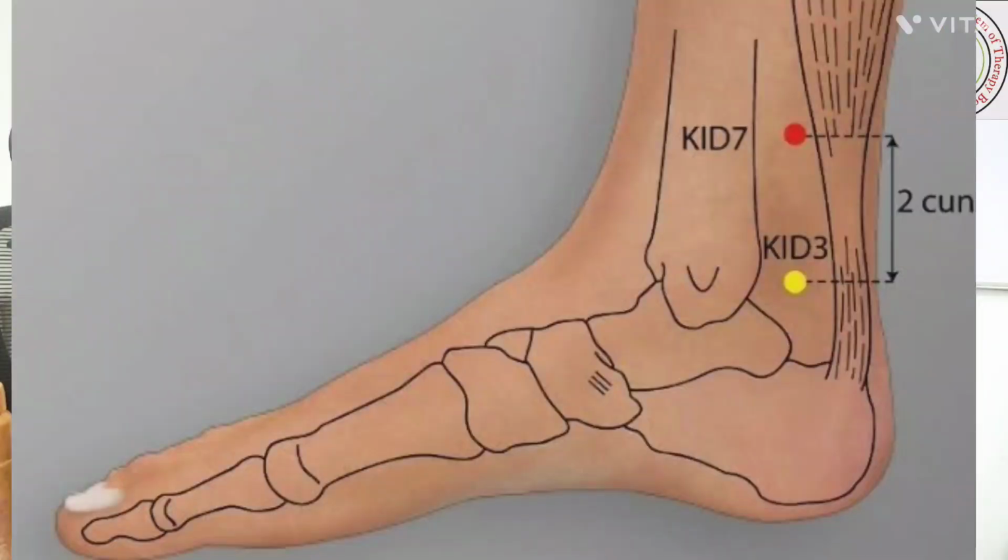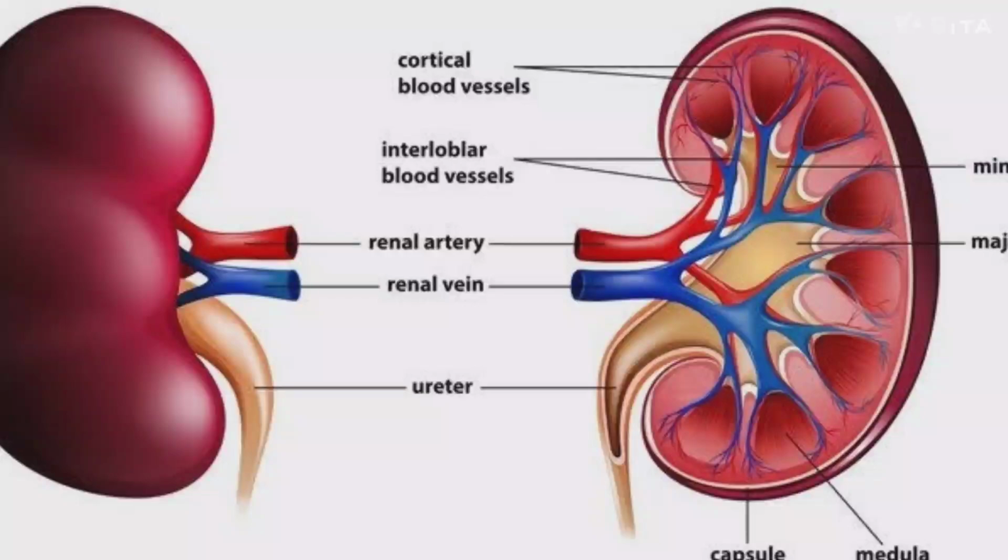The K7 point is Fuliu. Fuliu is known as the mother point. Mother point means strengthening which organ? The kidneys. It is strengthening to the kidneys. When we want to strengthen the kidneys, we can use the mother point of that particular organ or meridian, so thereby we strengthen the kidney system.